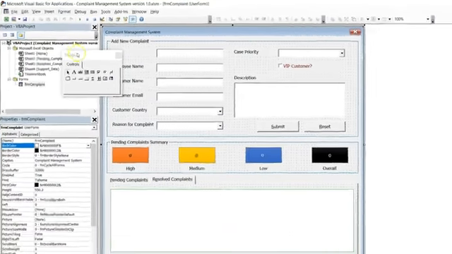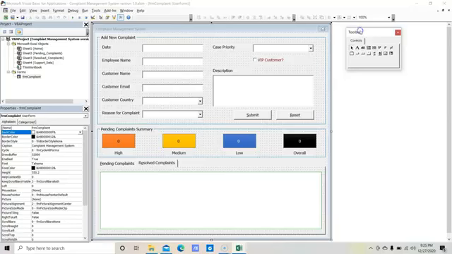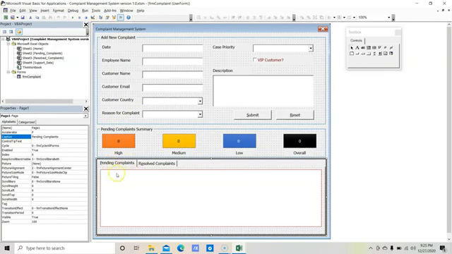And here you can see that we are in the Visual Basic application window. In our part 3 tutorial, we created this form, the complaint management system form. This is the parent form from where you can raise the complaint and view the summary. Basically, it will display high, medium, low, and overall. Apart from raising and viewing the summary, you can also see the pending complaints list and